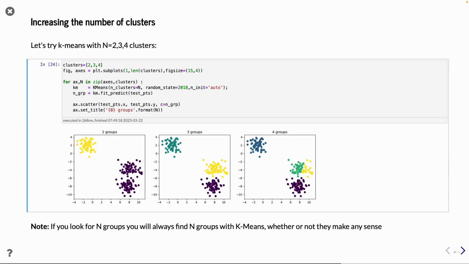Looking at how k-means works with a different number of clusters, I played with 2, 3, and 4 clusters, ran the k-means with these numbers of clusters and did the prediction. You can see with 2 groups, it makes sense. We have 2 clearly separated groups. 3 groups also kind of makes sense. With 4 groups, you can see that actually 4 groups is a little bit too much. And if I now would run this even with 5 groups,